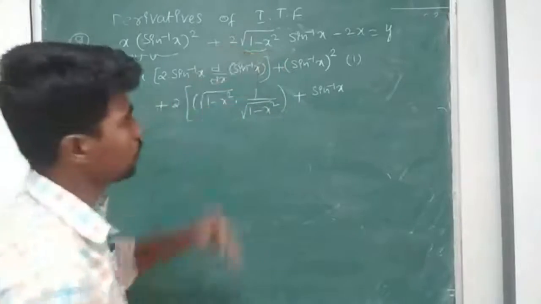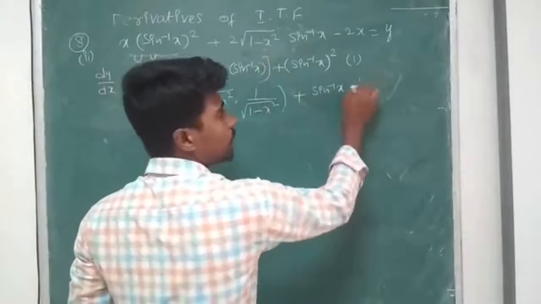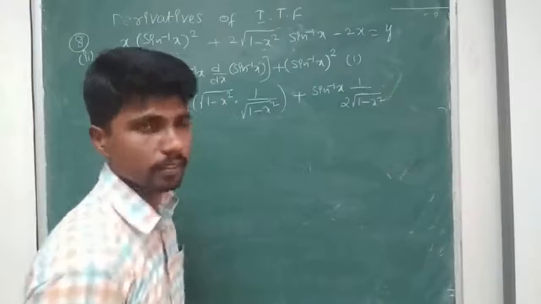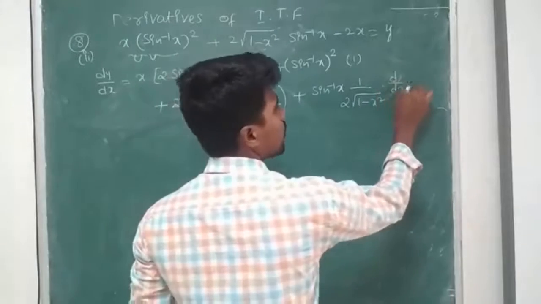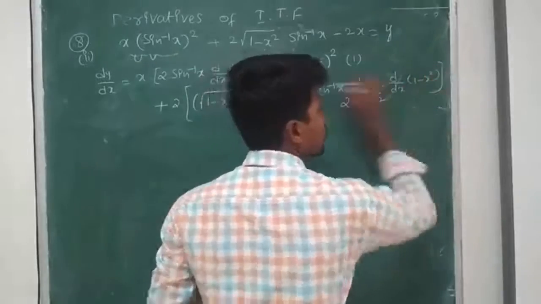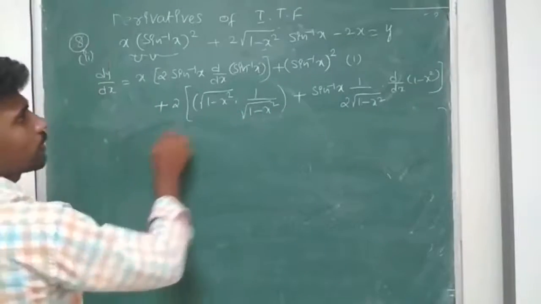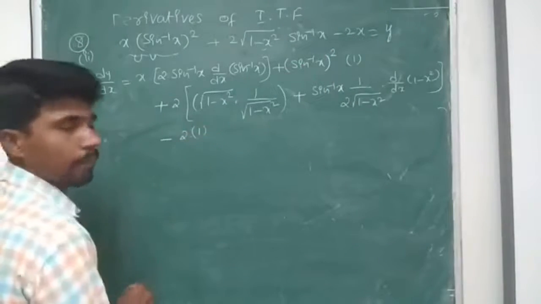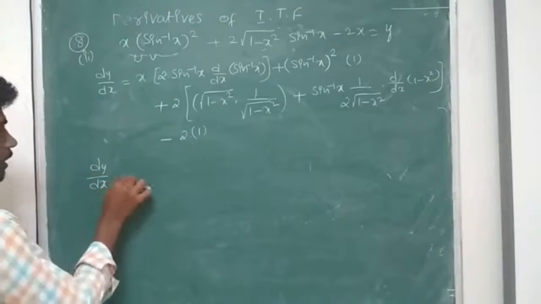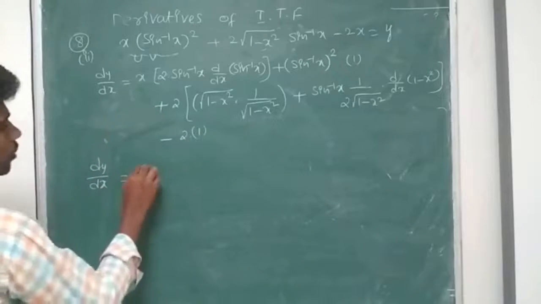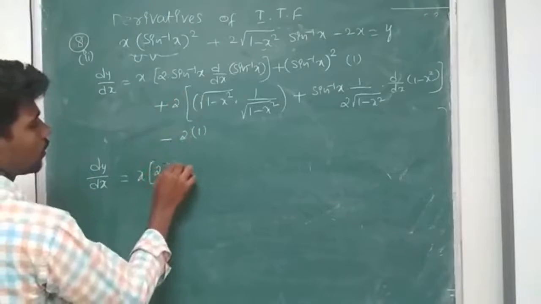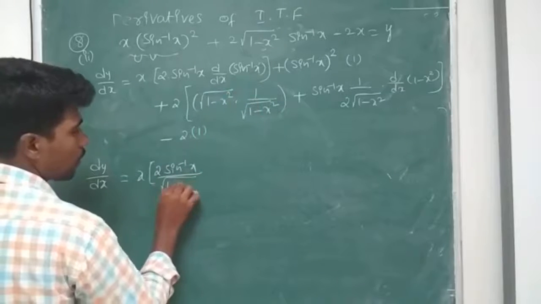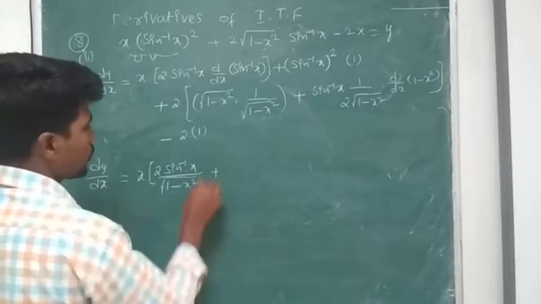Root of 1 minus x square derivative, if I fill it as x, root x derivative is 1 by 2 root x, 1 minus x square, but it is not x, so I have to differentiate again. So d by dx of 1 minus x square, plus, sorry, it's minus 2 into differentiation of x with respect to x is 1. Now simplify that. dy by dx is equal to x into 2 sin inverse x, d by dx of sin inverse x root of 1 minus x square plus